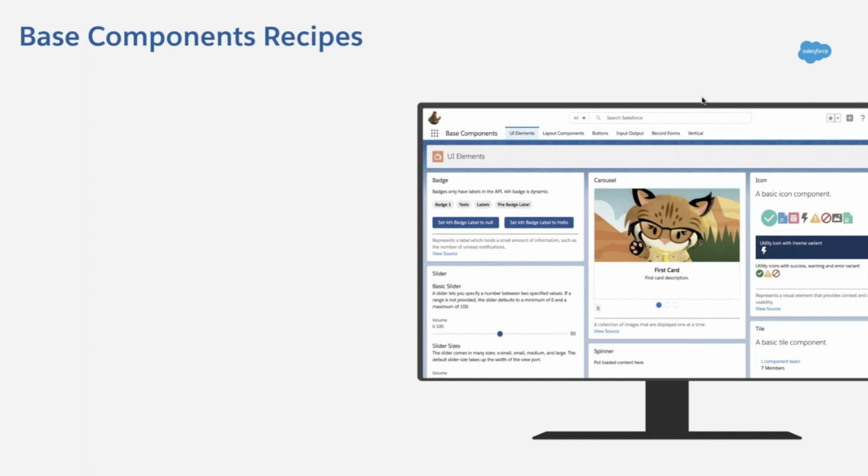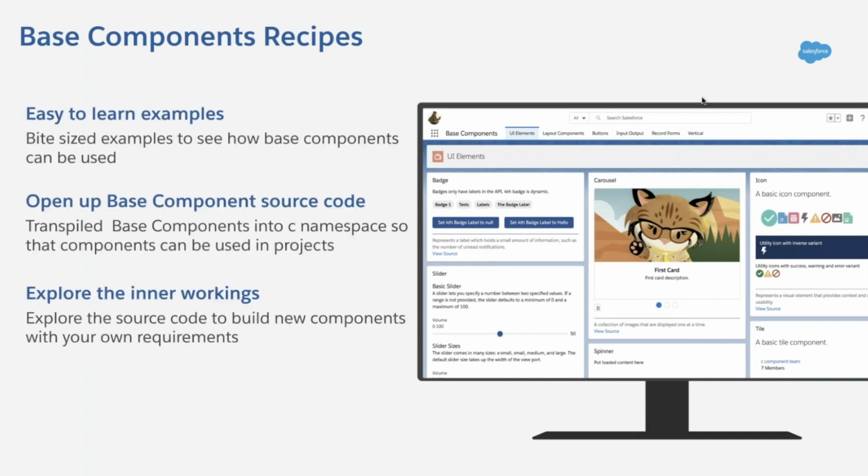On the same lines, while open sourcing the base components, we also created an application called base components recipes. Now you can see this base component recipes app is built using all your open source base components. Now we have 50 plus base components. We try to use only those base components and create the recipes for you, so that it will be easy for you to understand how these components can be used for your purposes.